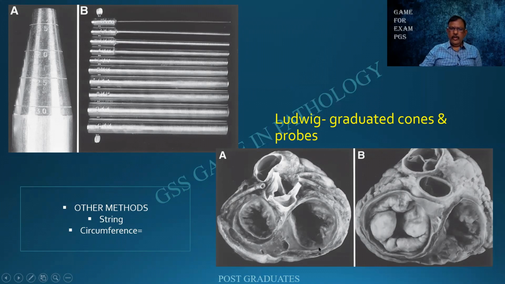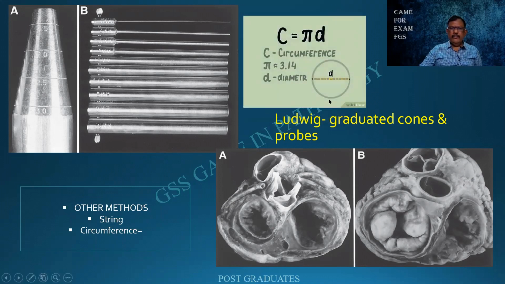So this is a normal heart in which I am able to see the valve leaflets from the top. In this case, it is a mitral valve here, but then it is bulging into the left atrium instead of remaining in place. A classical case of a floppy valve syndrome, which is supposed to be diagnostic of Marfan syndrome. So please do remember these things. I think you'll become a stalwart in cardiac pathology.